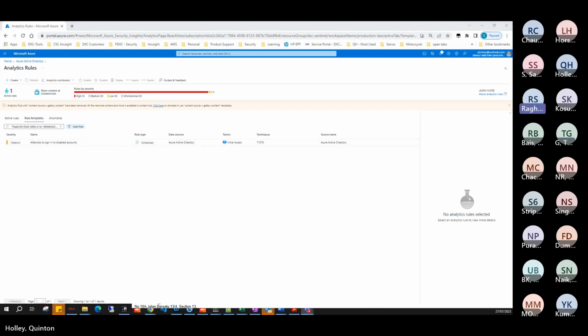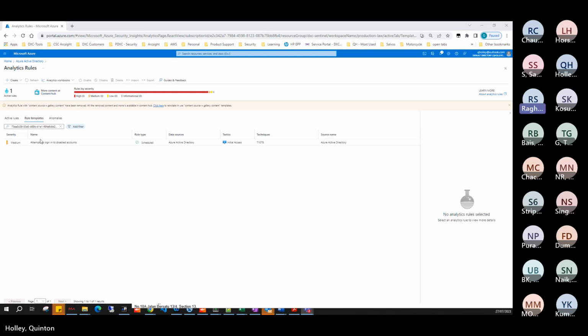Yes. Okay. So on this screen, you will see all the analytics rule that has been configured. So you can see active rule. There is one active rule right now which is configured. You will always get that prompt which says analytics rule will content sources gallery. You can always X out of it, because Microsoft is transforming from gallery based solution to content hub based solution. So it is just informing user all the time that if you don't find something, just go to content hub and find it. Okay, so this is the rule that I'm going to